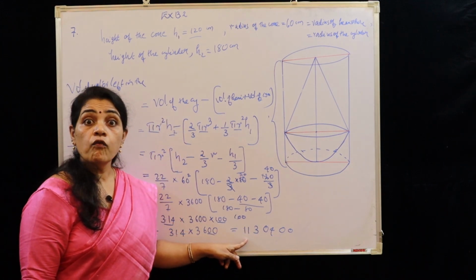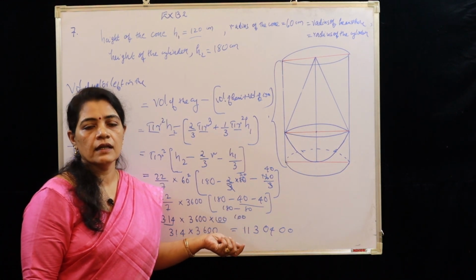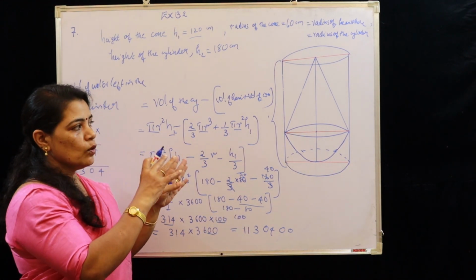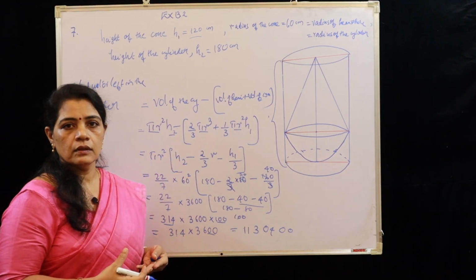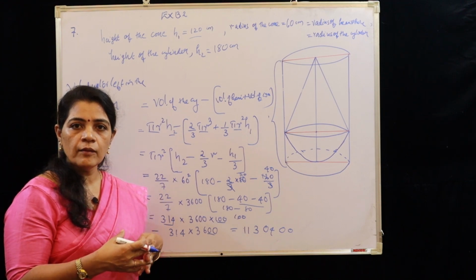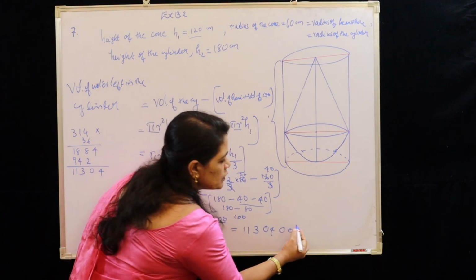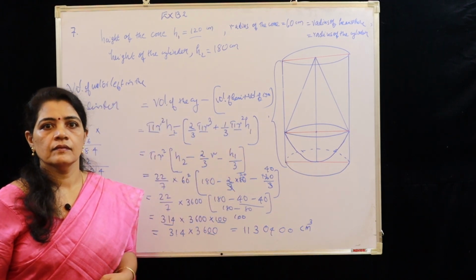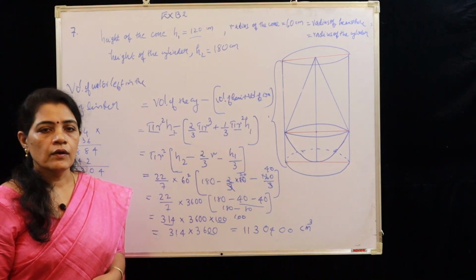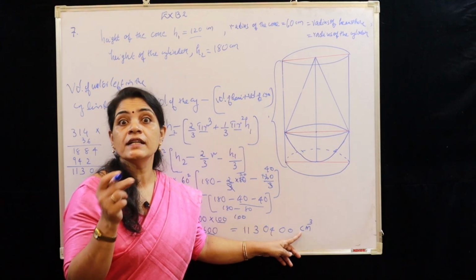This is the volume of water left over in the cylinder after placing this solid shape. It's a combination of sphere and that cone. Okay, then we added its volume and subtracted, and all are in centimeters, so this is equal to, in centimeter cube. Okay, children? Yes. Now we are going to convert this into meter cube.